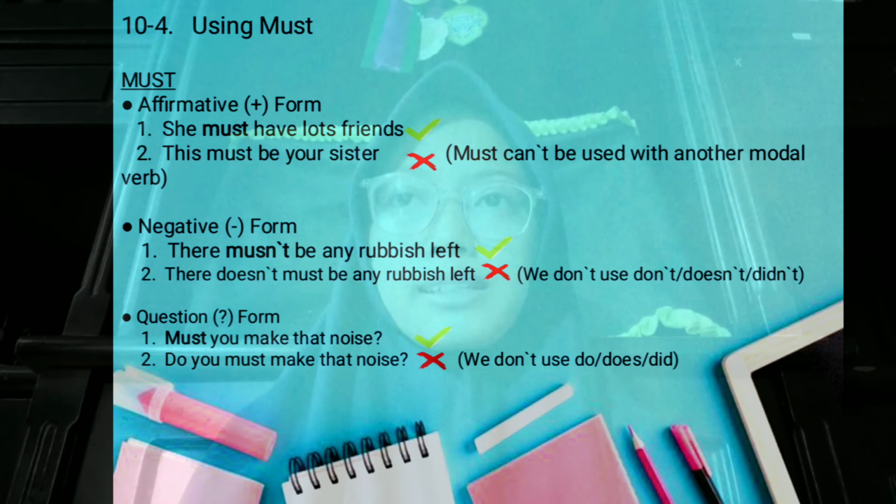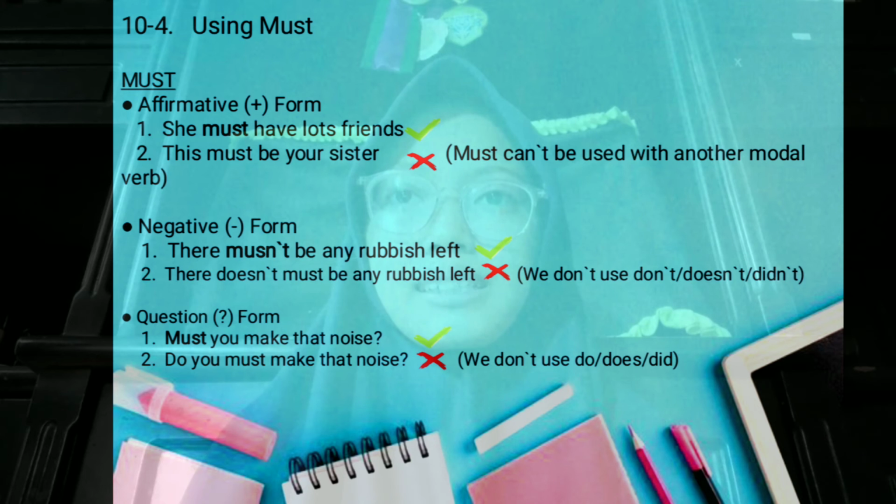10.4 Using must. In affirmative form: 1. She must have lots of friends. 2. This must be your sister. In the example number 1 is true, and example number 2 is false, because must can't be used with another modal verb. Negative form: